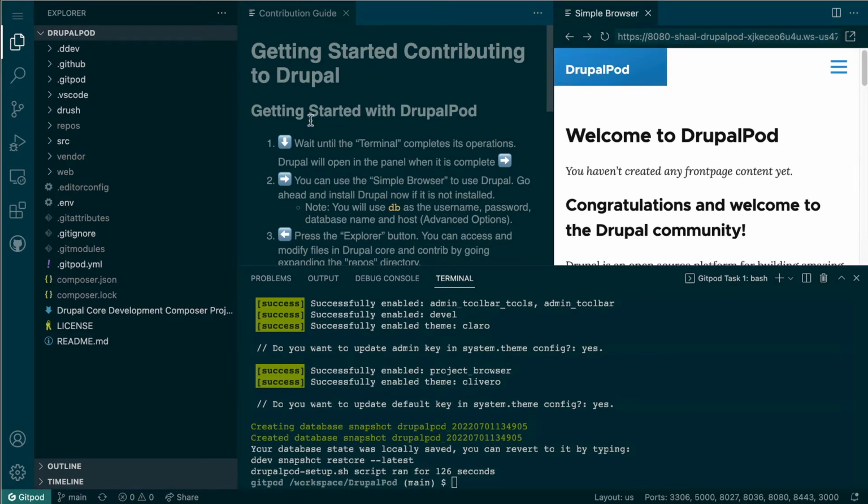And once this finishes running, sometimes, especially if you navigate away and come back while it's spinning this up,